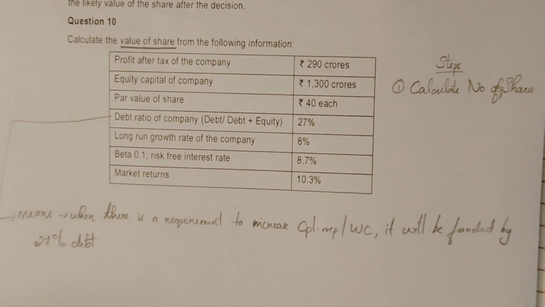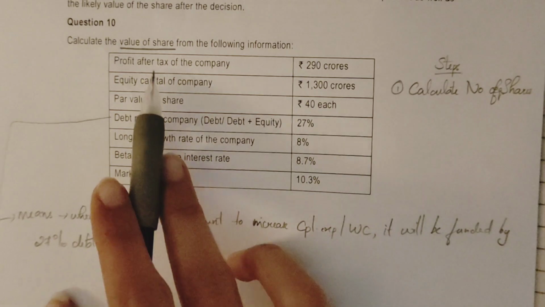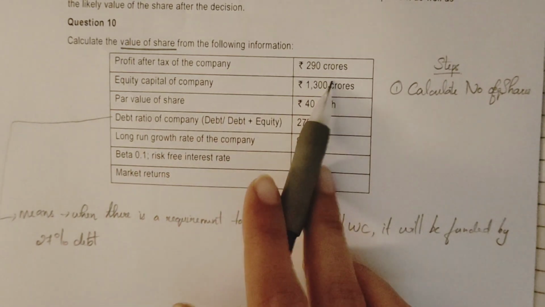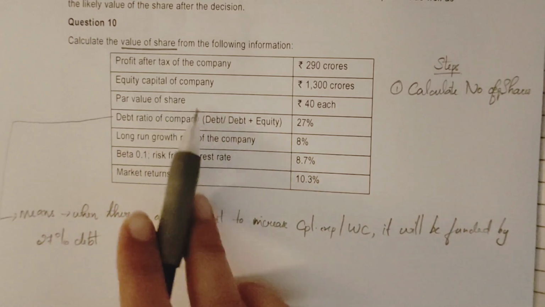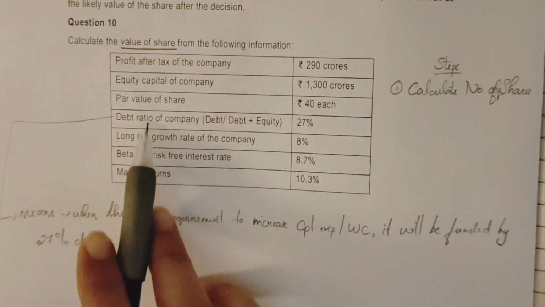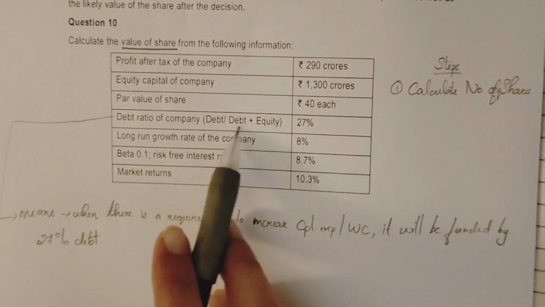Calculate the value of share from the following information. Profit after tax of the company 290 crore, equity capital of the company 1300 crores, par value of share 40 each, debt ratio of company, debt on debt plus equity